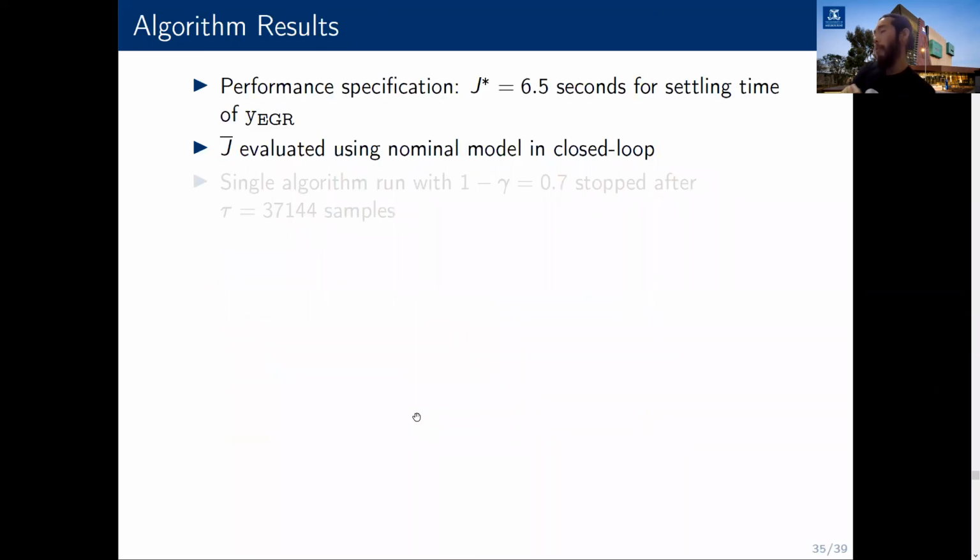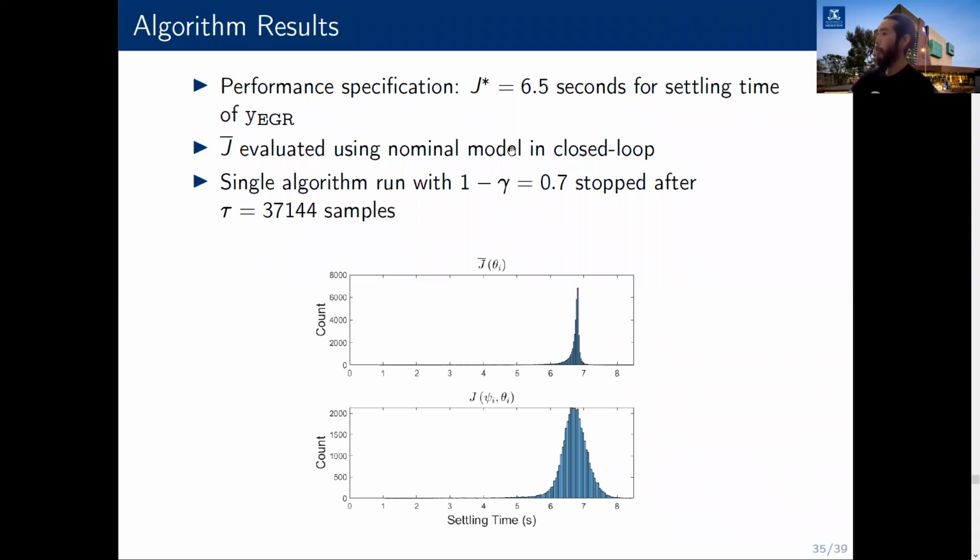So here we'll make the performance specification, for simplicity, to be 6.5 seconds settling time for one of the outputs, and then we'll evaluate each of our controllers in an offline setting using the nominal model in a closed loop. After one run of this algorithm, it stopped after drawing 37,000 samples, and this is just a histogram of your performances